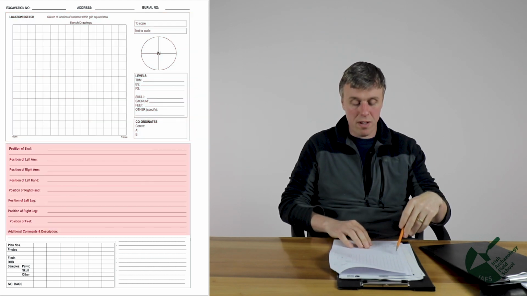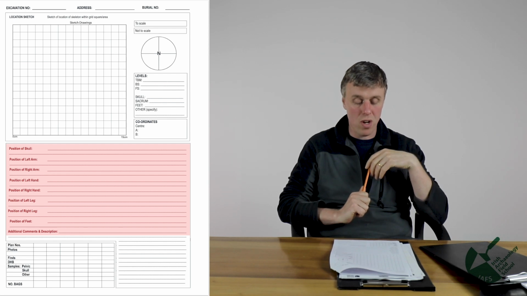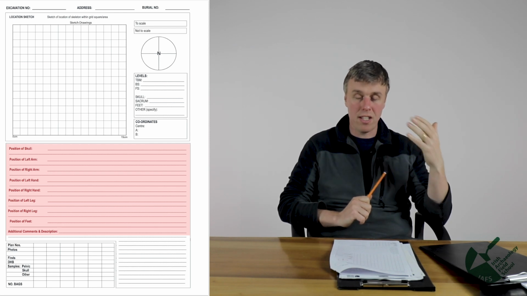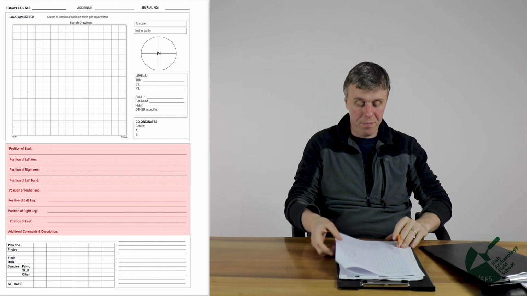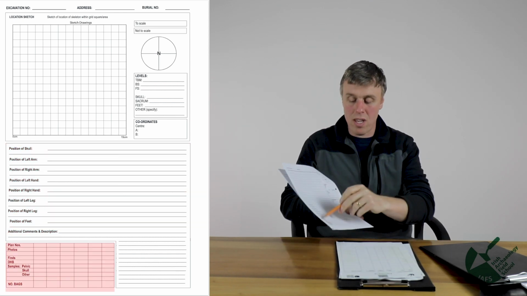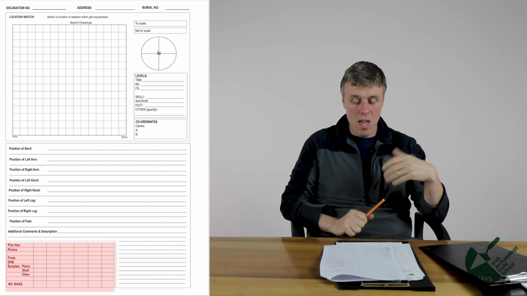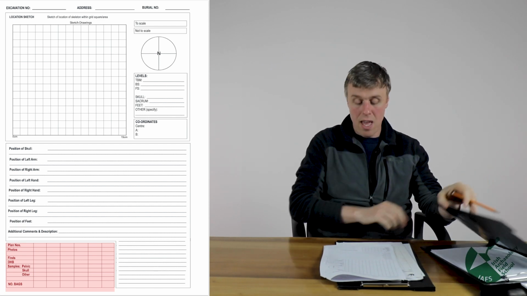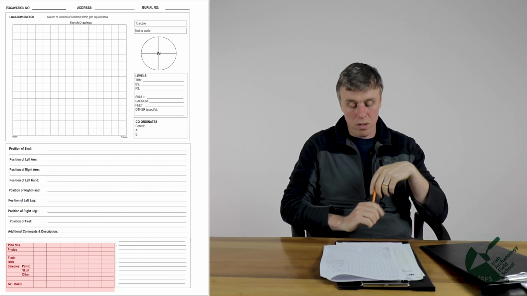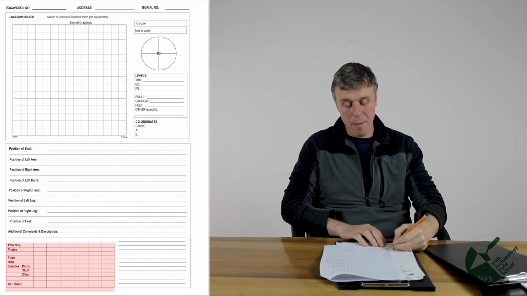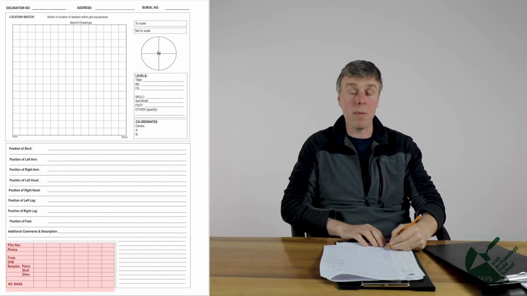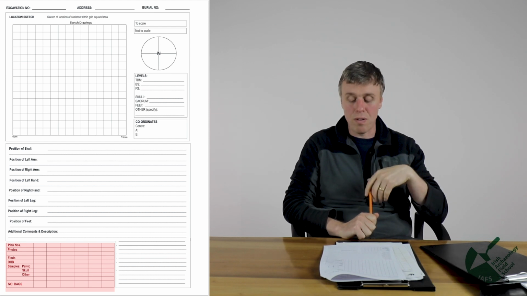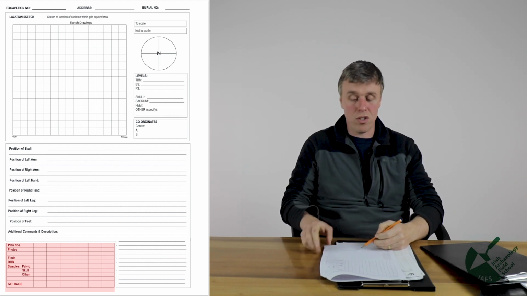Then there's a narrative. It asks for a narrative description of the position of all the major elements of the burial. Where is the right leg, right hand, skull, etc., feet, all relative to each other, okay? At the bottom, there's a little box of what plan numbers, photographs, etc. have been generated in association with that burial. That is almost identical to the box that's on the cut and fill sheet. The only difference is that again it prompts samples. Have you taken samples from the skull and have you taken them from the pelvic area? As I mentioned, these can be assessed for lots of different reasons, including for kidney stones, including for parasites. And there's an area for additional comments and description, okay?